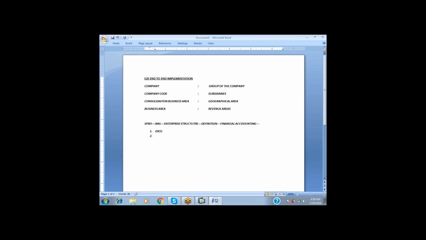The second one, company code, OX02. The third one, consolidation business area, OCC1. And then business area, OX03. These are the first. So let's take a break here.